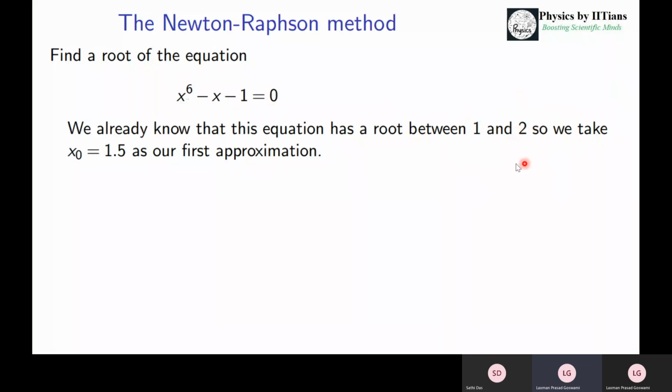For the first iteration, we can approximate in between the two by the bisection method. So our iteration will start from x naught equals 1.5. This is the starting point. Newton-Raphson method has a disadvantage that to start it, we need to have a certain point, and that point we can define from other methods, like we are doing here using the bisection method. Now we can proceed with x naught equals 1.5 and find the value of x.